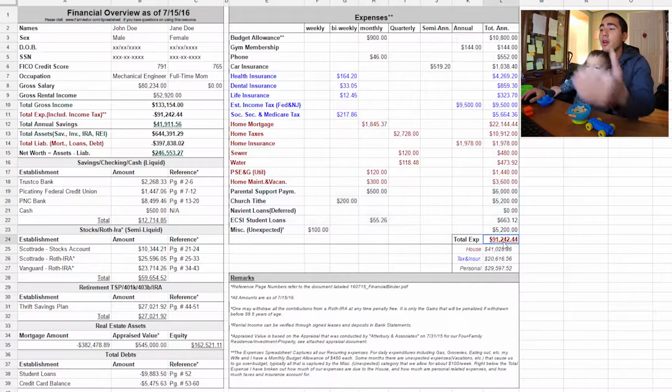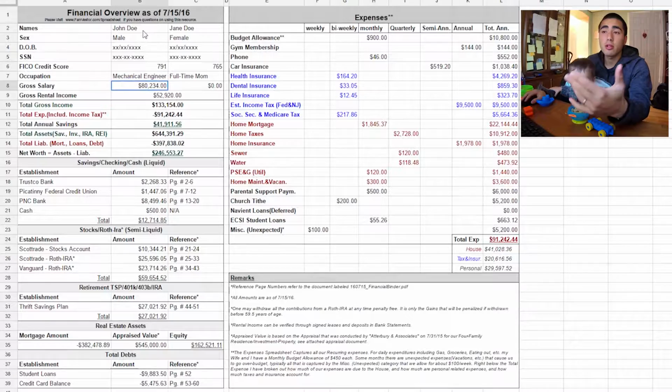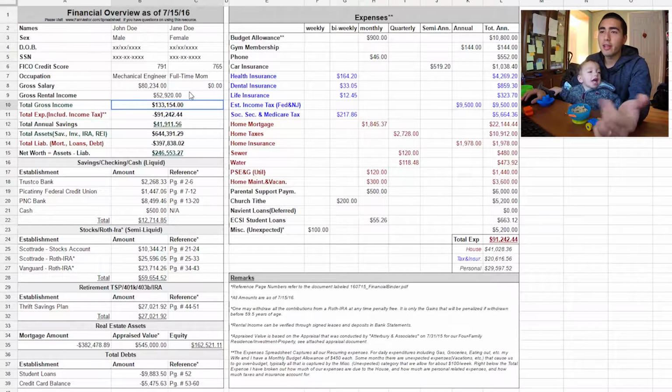But in total, you can see exactly what your expenses are, and for most people, you know exactly what your salary is. So you add up both salaries if you're married, and then you get your total gross income, and you take your total gross income and you subtract your total expenses to get your total